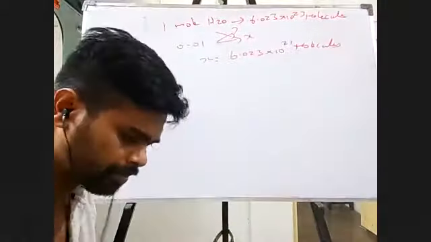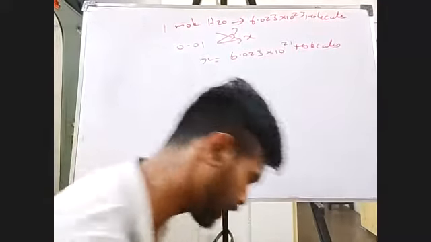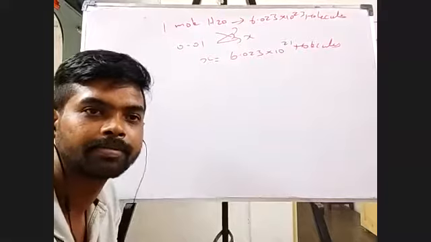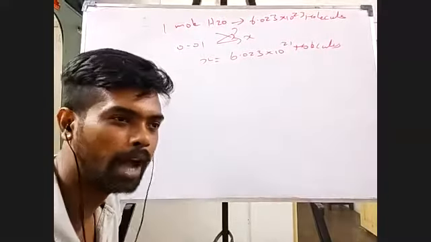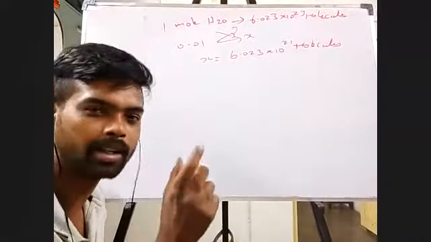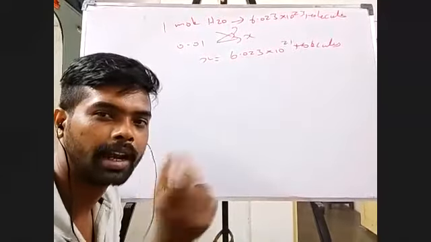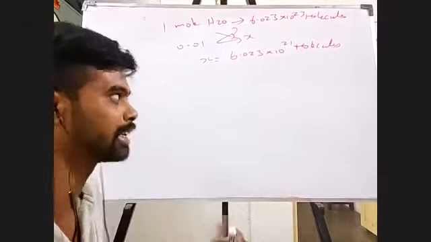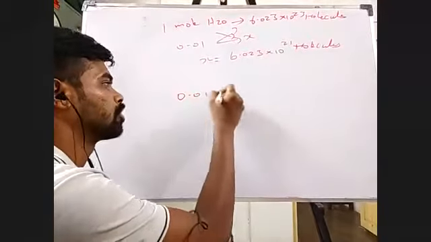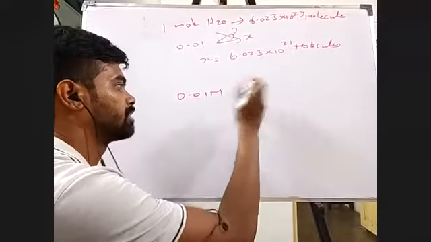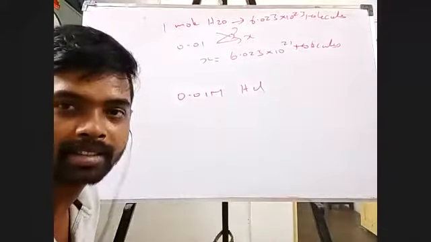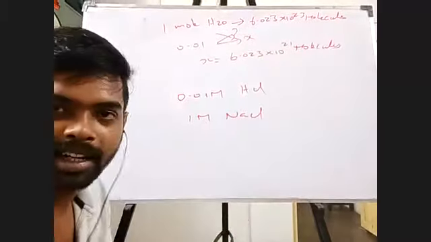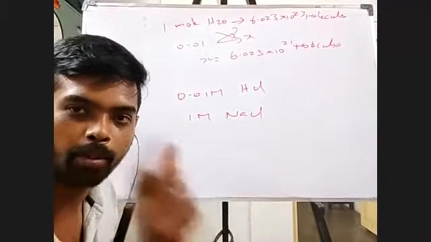Fine. Okay. Now I ask you a question. You would have gone to your chemistry labs in your school so many times, isn't it? So you have seen this kind of terminology? Say if I go for any glass bottle, some chemical is there. They would have mentioned it like this: 0.01 M HCl solution, 0.1 M HCl, or say 1 M NaCl. Have you ever seen this kind of labeling in the bottles in your chemistry labs?